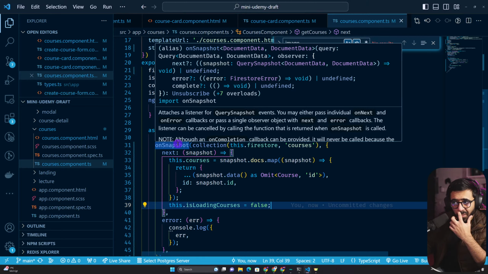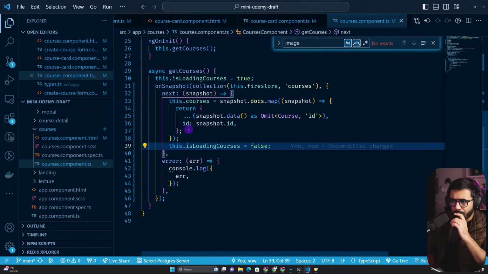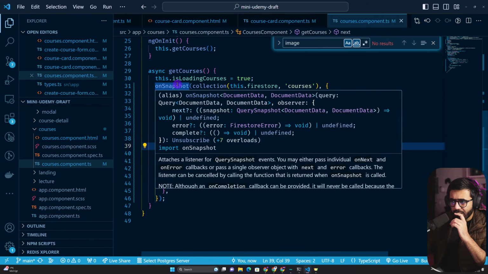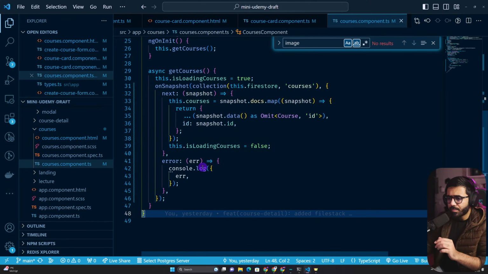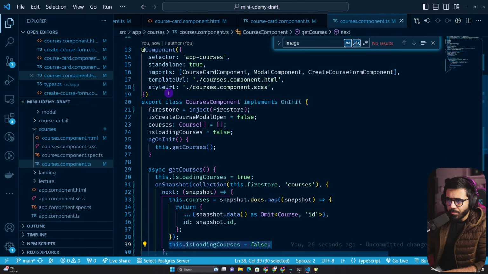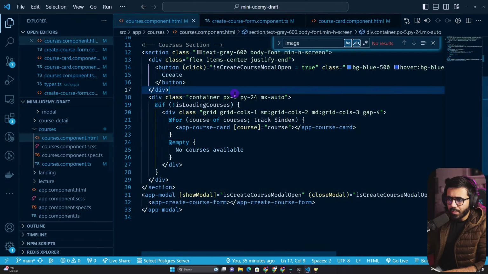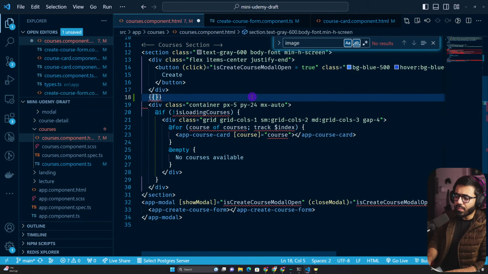That seems to be fine. We have also complete as well. I'm not using on push here. That makes perfect sense. But if I put, let's say, a loading here, and if I say is loading courses,